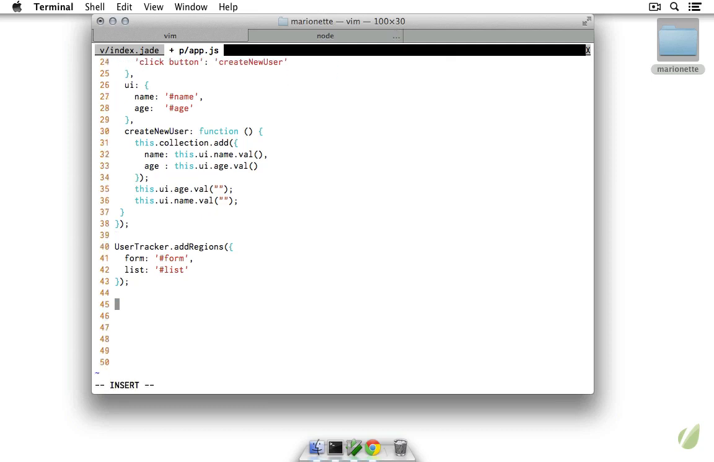However, when do we want to render that content? Well, we want to do it when the app starts up. And we can do that by calling usertracker.addInitializer. We can add as many initializers as we want, and this is a function that will be run when the application is started up. So in here, we're going to set usertracker.users to be a new users collection, and then we can say